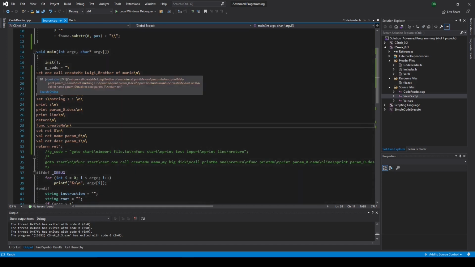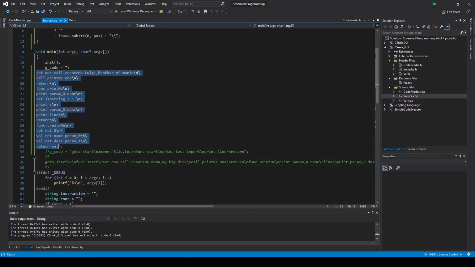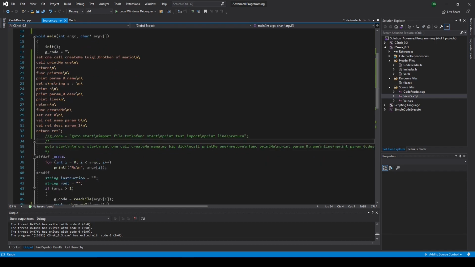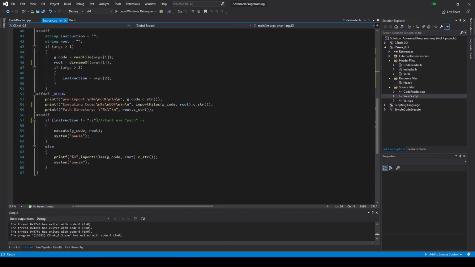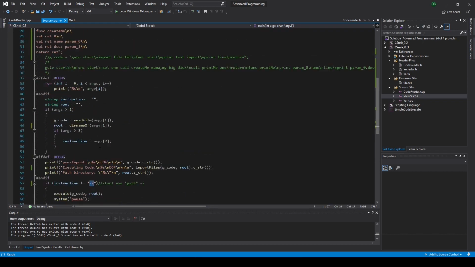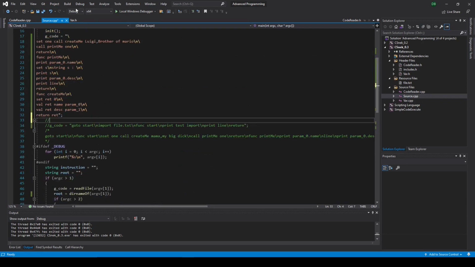I made a script resolver that can either take a script from an external file, or it would just execute this if it is run without any instruction. There is an additional instruction that can take the entire source code. The first argument is always the file. When you call this program, you say